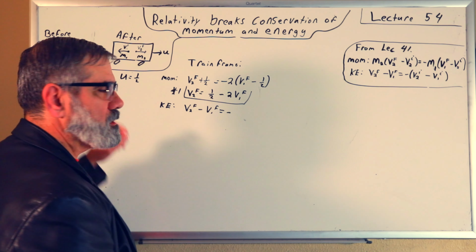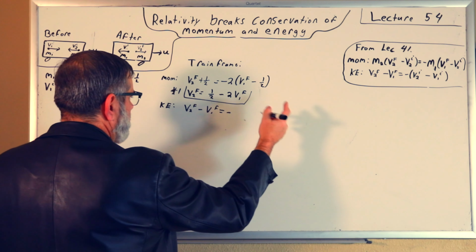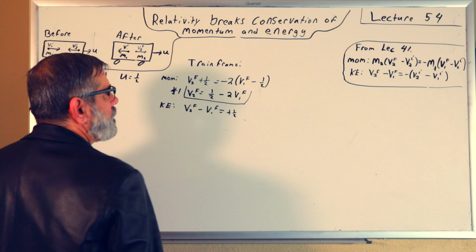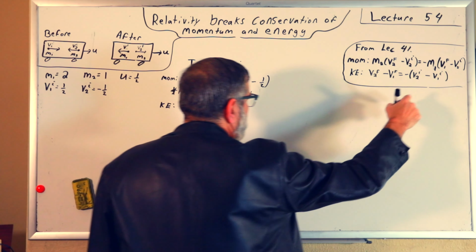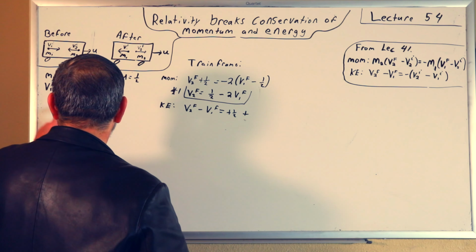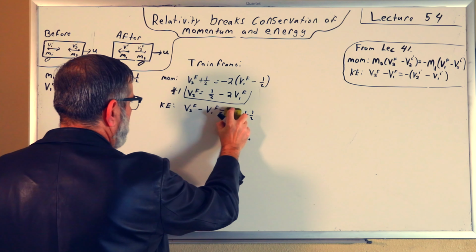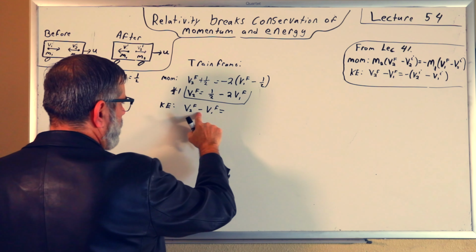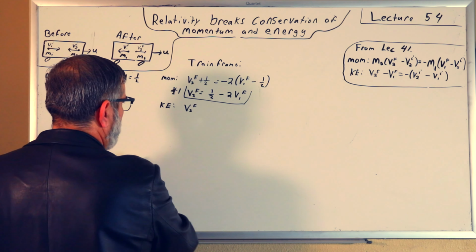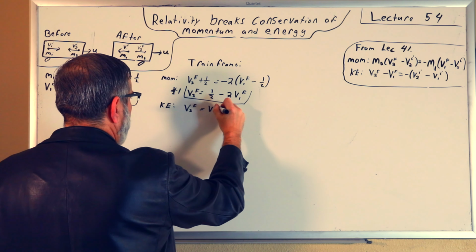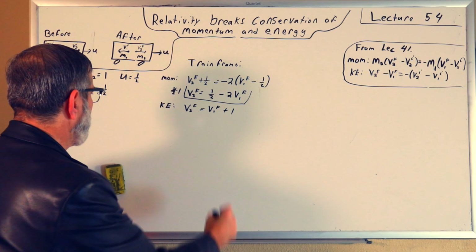V2 initial is minus a half. So minus times a minus a half will be plus a half. And then minus times minus V1 initial will be plus V1 initial, which is a half. And so that is going to be a half plus half, that's just 1. And so, we'll move V1F to the right here, and so we'll get V1F plus 1. And we'll call this result